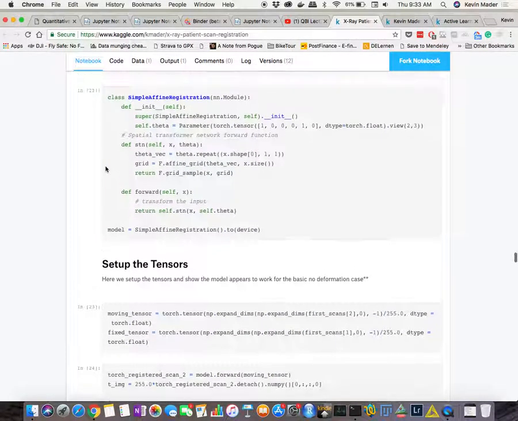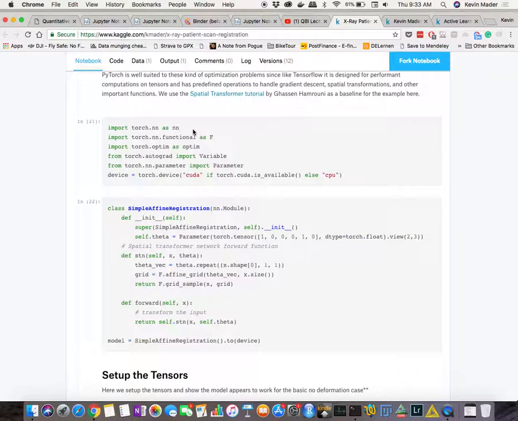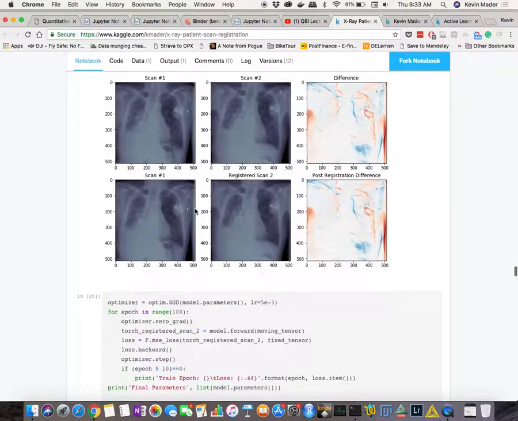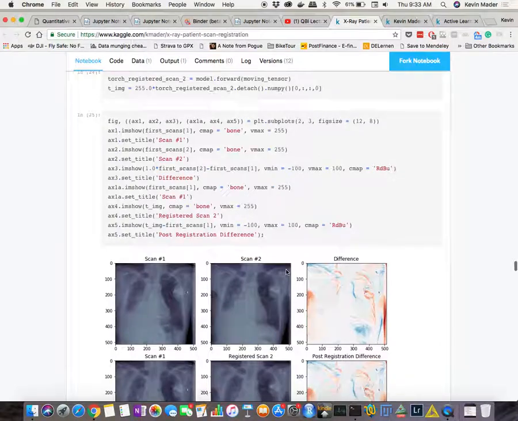The second to last one is then PyTorch. Has anyone used Torch? Or does anyone use PyTorch? Some? One person? So you can also do these kind of operations with PyTorch, where you basically create this sort of affine transform and you perform this optimization